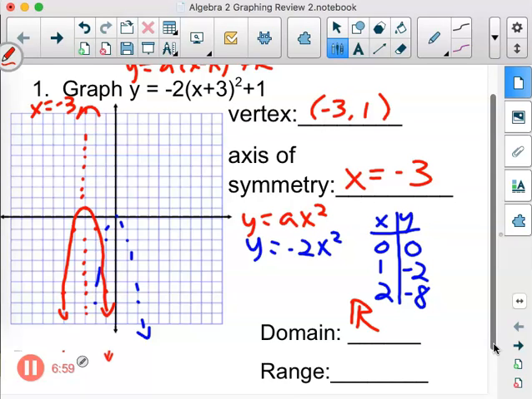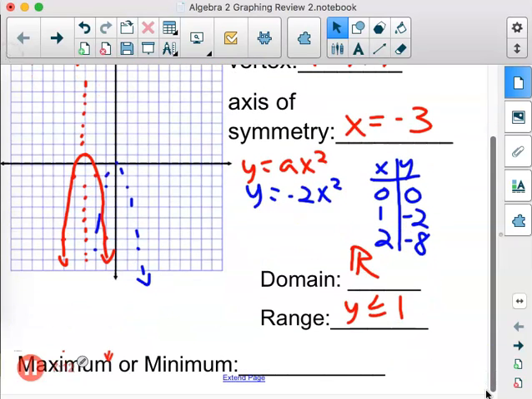Y is less than or equal to 1. Beautiful. Exactly, because this high point here, our y value was 1. So speaking of that high point, also write down on your piece of paper,